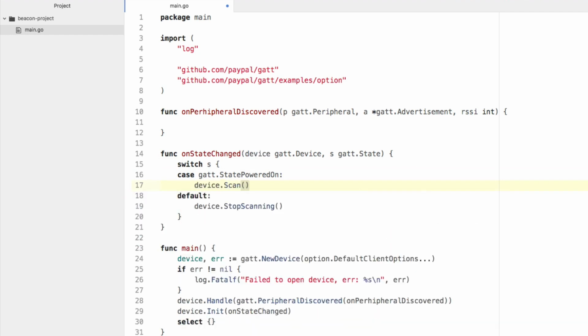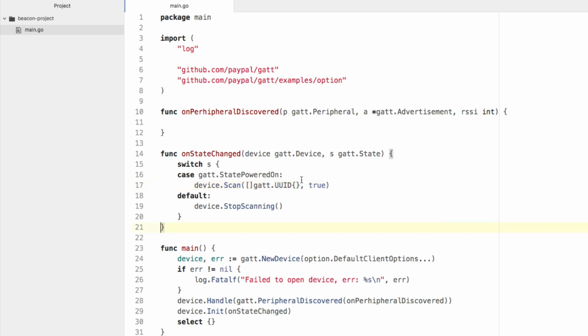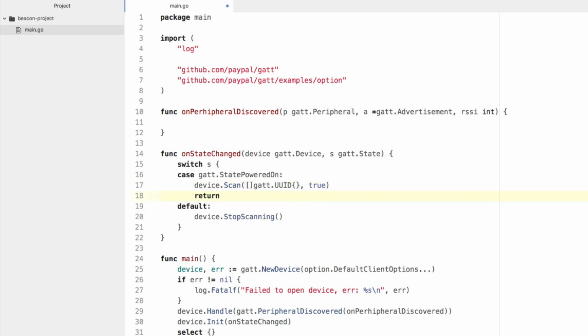So in the event that it is powered on, we're going to say device.Scan, and we're going to say gatt.UUID true. So what we're saying is we're going to scan for all UUIDs. We're not going to discriminate here. We're just going to scan for everything. Now, if you wanted to, you could be specific and say scan for only the UUIDs of my known devices, something that you enter. So maybe you've got 5 beacons. Maybe you want to enter their UUIDs here, so that way other radio frequencies don't pick up here as far as Bluetooth. That's totally up to you. What I am going to do is I'm going to say return at that point to return out of this